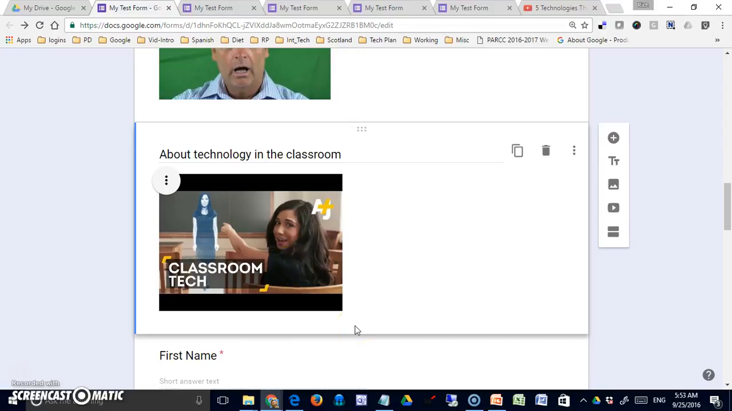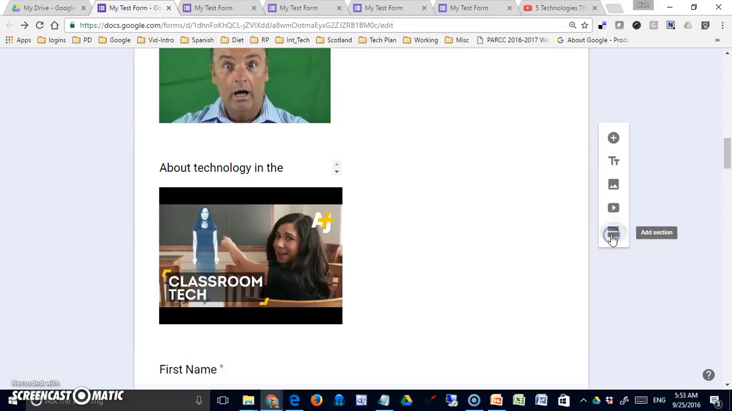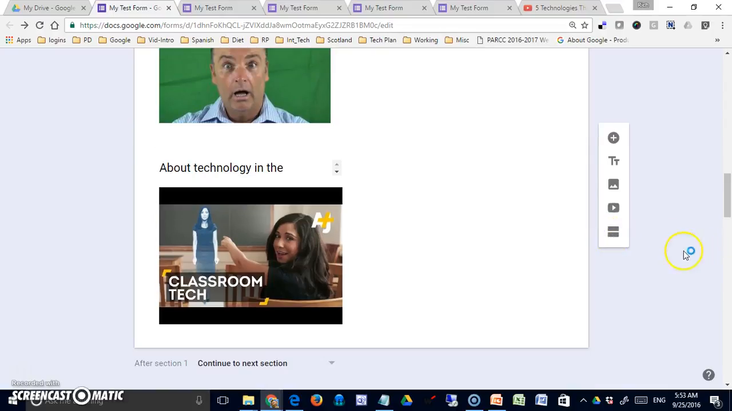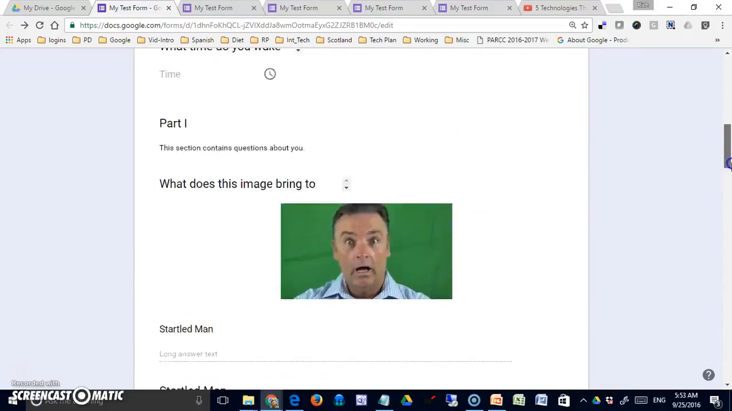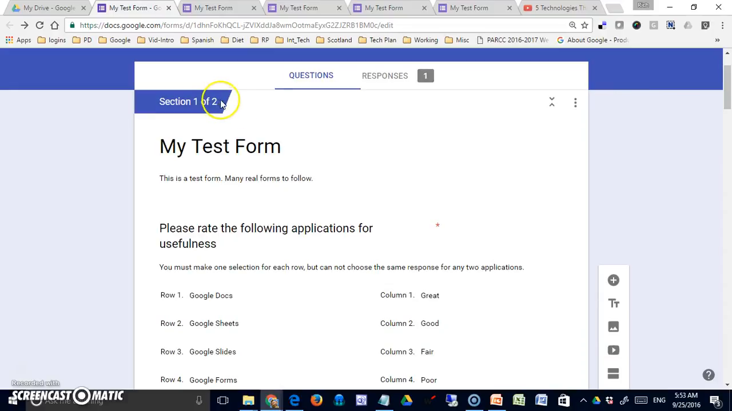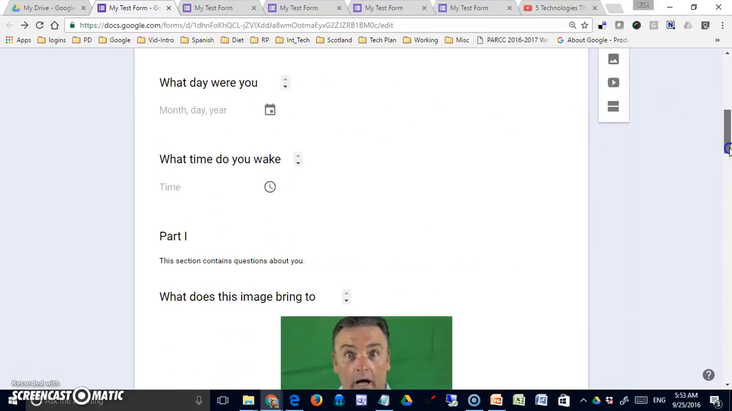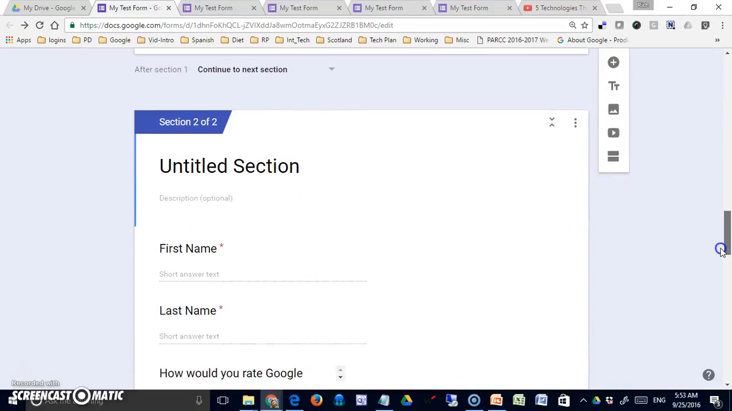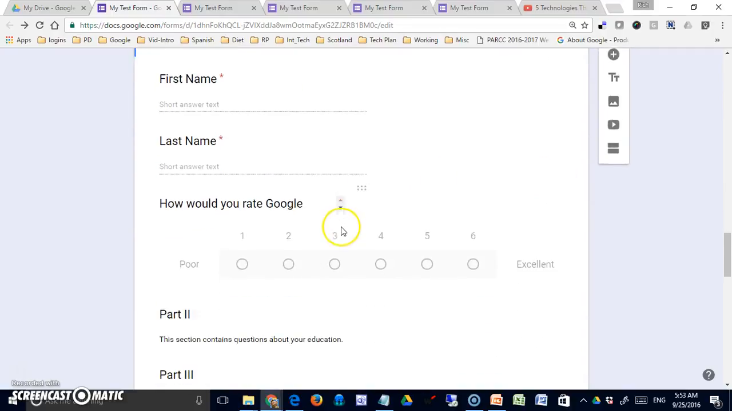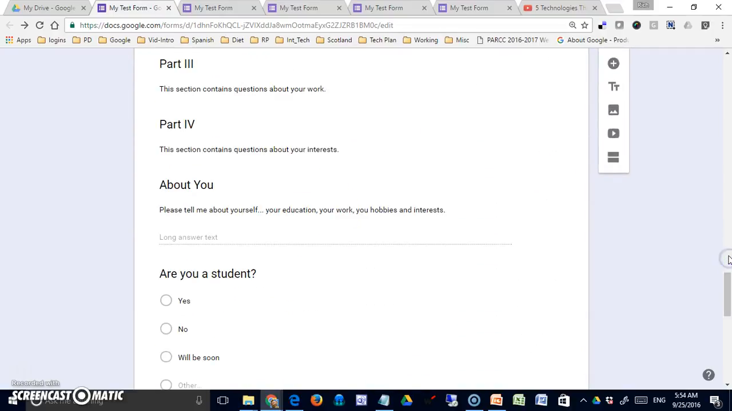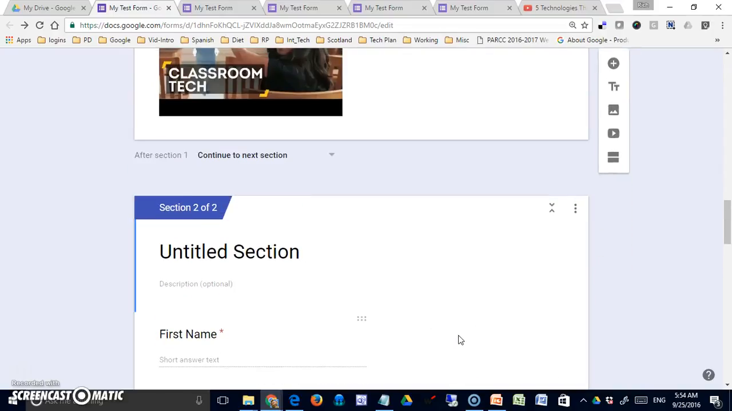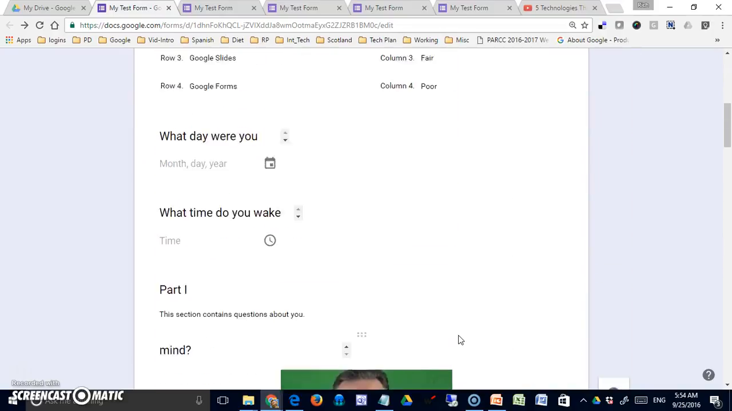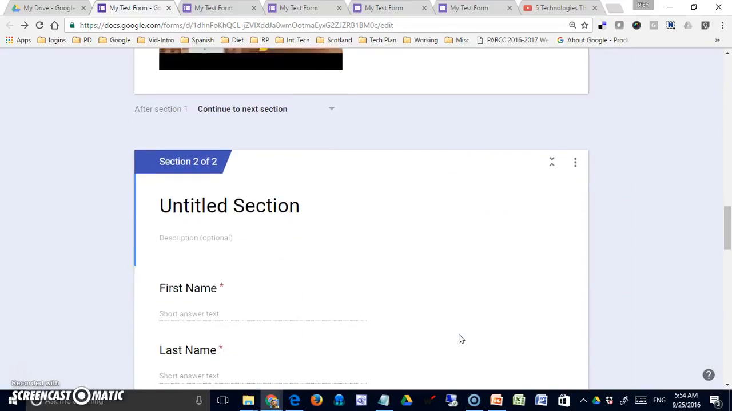The last option I'd like to look at in this video is the Add Section option. When I click on it, it looks like not too much happens. But now this says section 1 of 2. If I scroll to the bottom, I have section 2 of 2. Questions can be dragged from one section to another. You can make multiple sections, so that's not a problem. Let me, as a matter of fact, drag